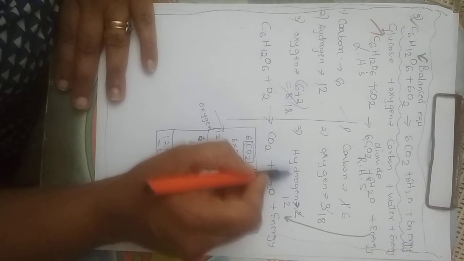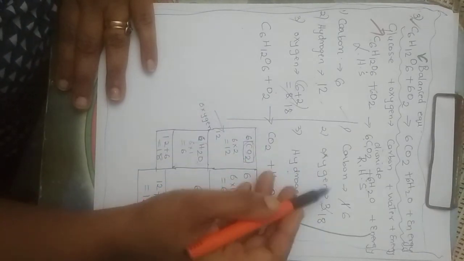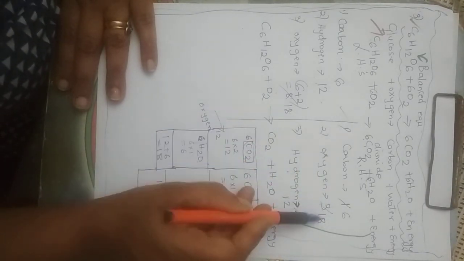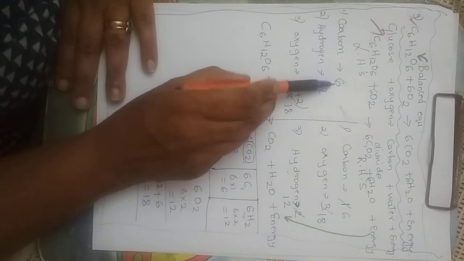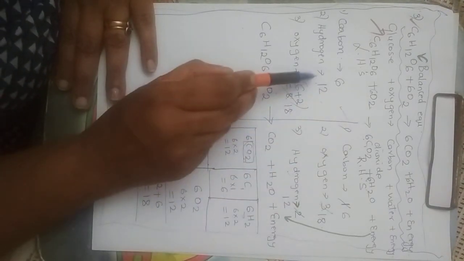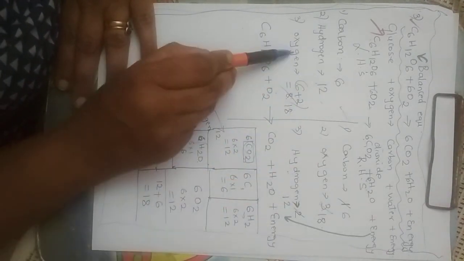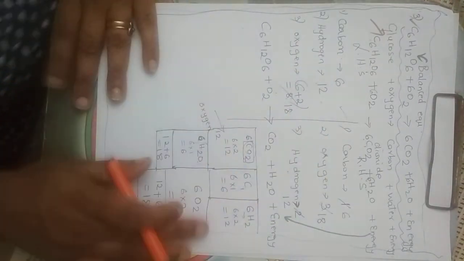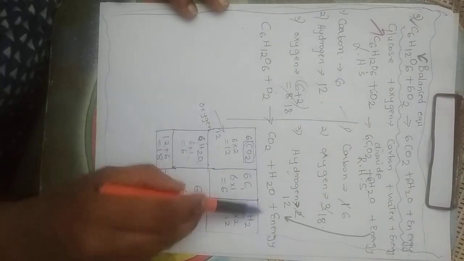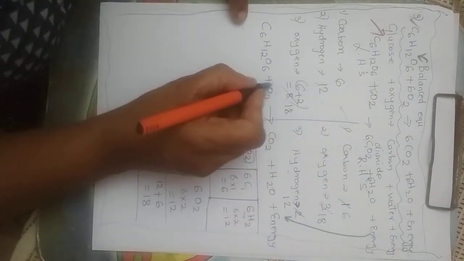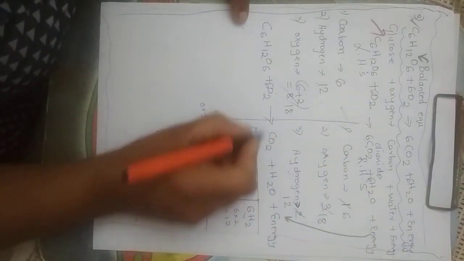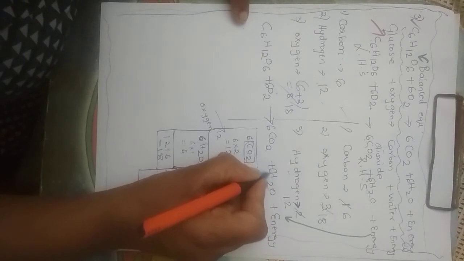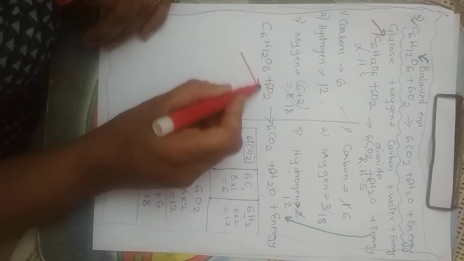Next time see that you put it together. I arranged it in a different manner now. So 18. So are they balanced? Let's check. Here 6, here also 6. Hydrogen is 12, hydrogen is 12. Oxygen is 18, oxygen 18. Is this a balance? Yes. This is a balanced equation. Now let us do the same thing that I did here. So the balanced equation looks like this.